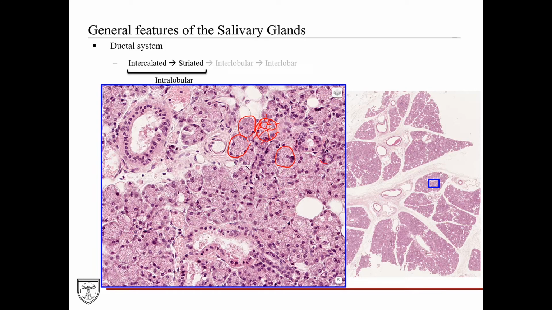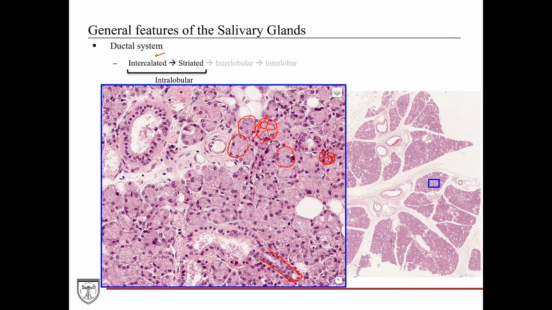And now look at here. We have a cross-section of a circle with a lumen in the inside. And look at the nuclei and the distance between these nuclei. These are all intercalated ductal cell nuclei, and see how crowded they appear, which means these intercalated cells are fairly small because these aren't the cells that are producing protein products. So that's one way of distinguishing the secretory units versus one of the smallest of the ductal system, which is the intercalated ducts. Here's a beautiful longitudinal cut of the intercalated duct